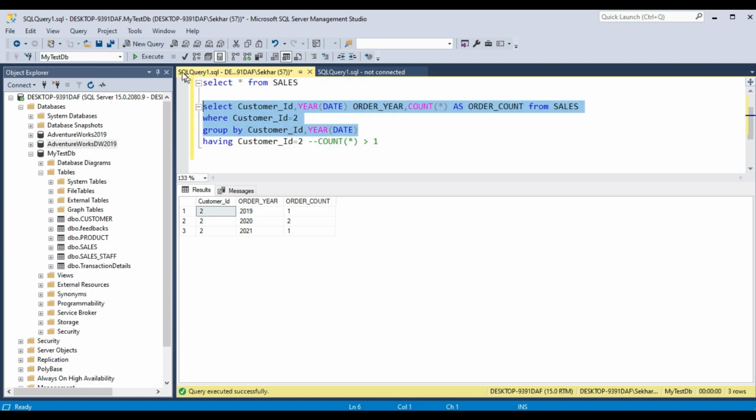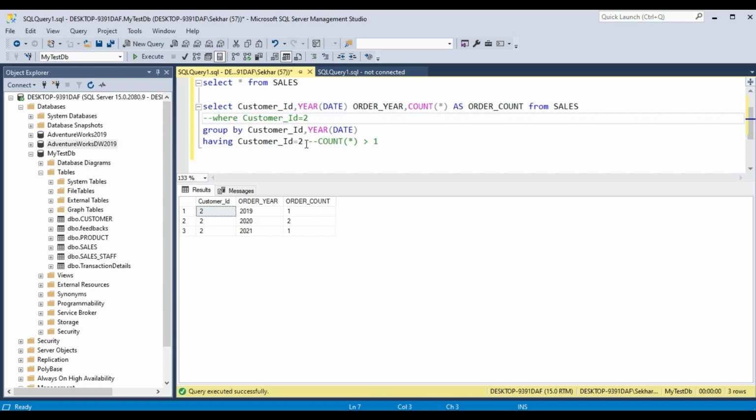If we run this query, it will give us these 3 results, because we have taken customer ID as 2, so it gives only the records for customer ID 2 with the order count.